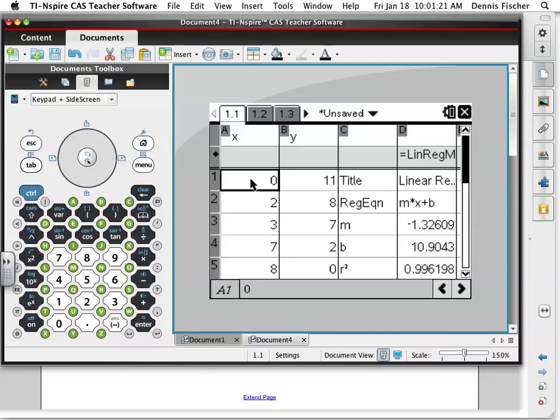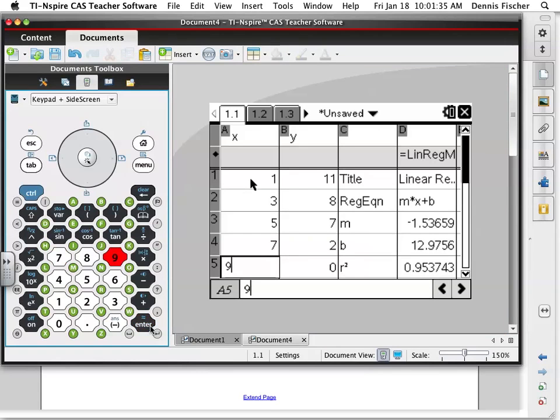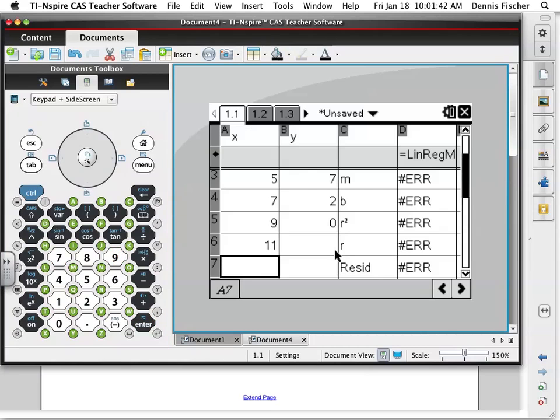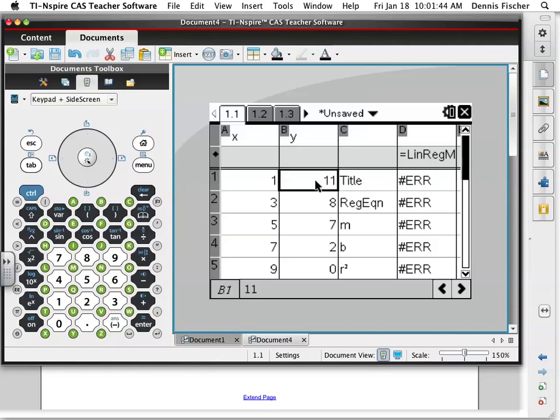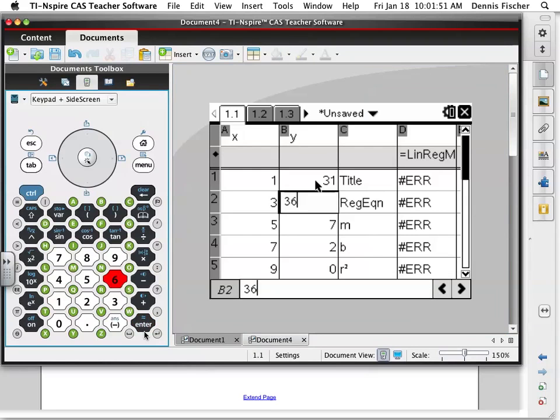That table. Now notice as I'm putting my values in, I didn't start a new document here. Notice as I'm putting my values in, 1, 3, 5, 7, 9, it might give me a message, 11. It's going to give me a mismatch message. That's no big deal because I have an extra value. Now I'm going to go up to my Y column, and I have 31, 34, 36, 39, oops,